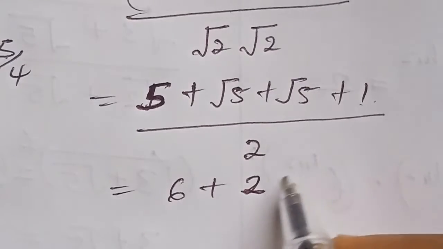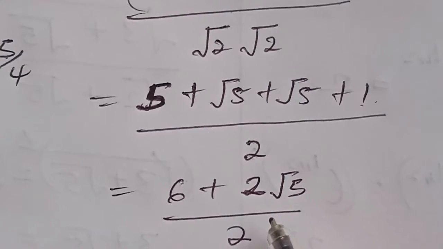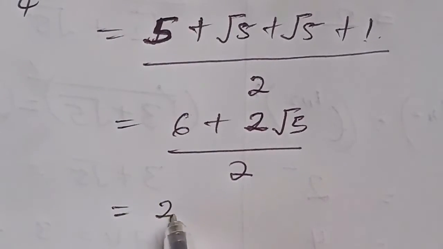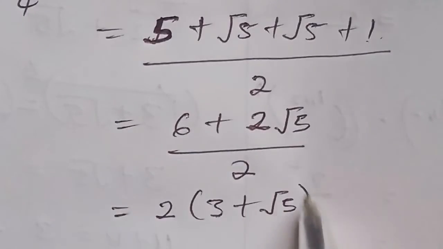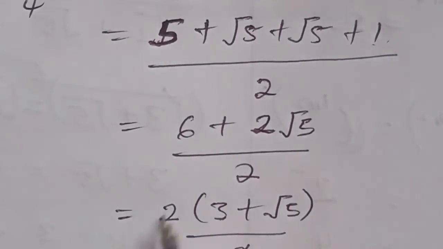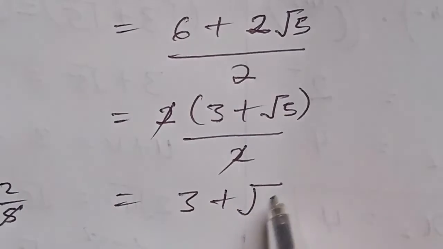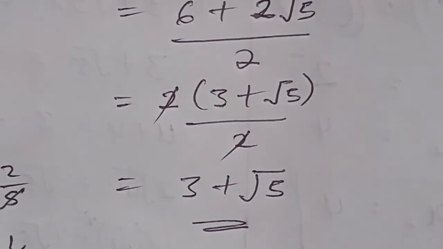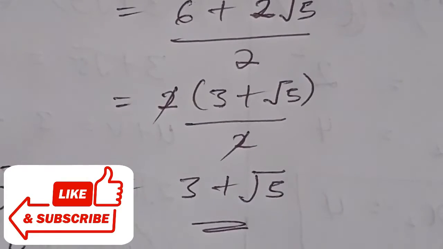And if we factor out 2 here, we have 3 plus square root of 5, then over 2, divided by this, we have 3 plus square root of 5, which gives us back the numerator. So this is to check whether what we simplified is correct. So we substitute that